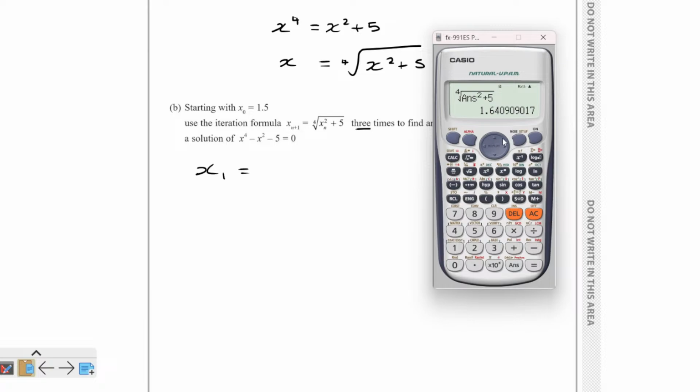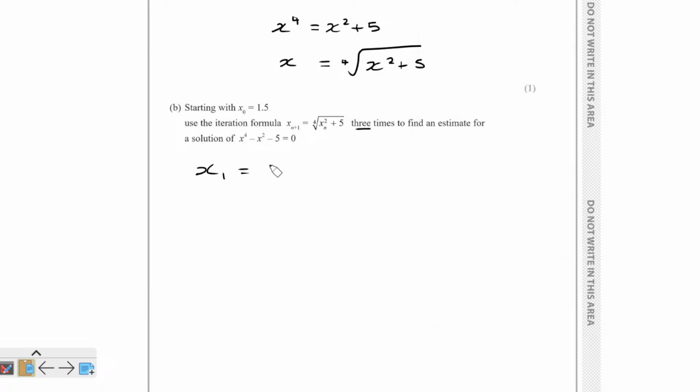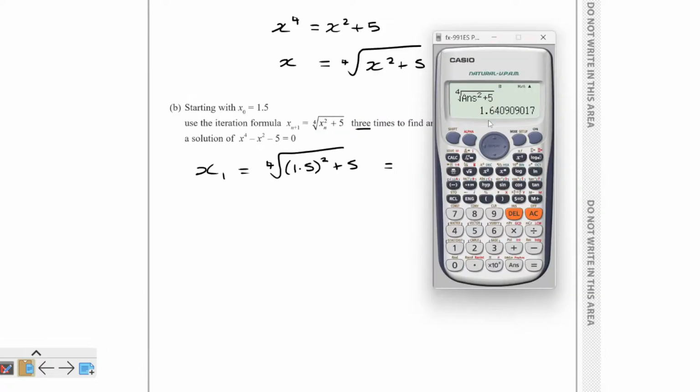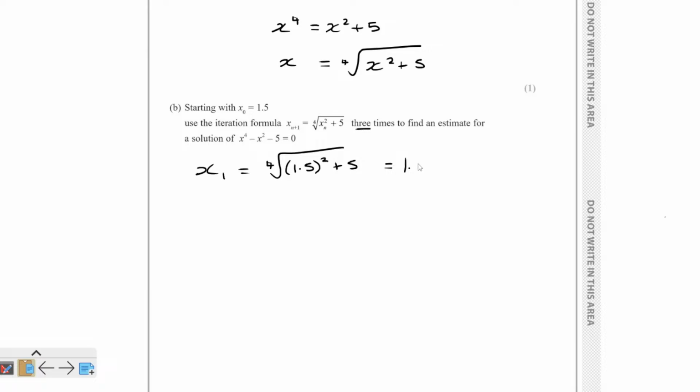So when I press equals, the next answer, so x1, is this. Now I would just write down all those digits, basically. And normally for the first one, I'd probably write down the equation just so that they can see that you knew what you were doing. So like I obviously substituted in 1.5, didn't I? Plus 5 equals, and then my answer from the calculator. I would write down all those digits basically. So that is